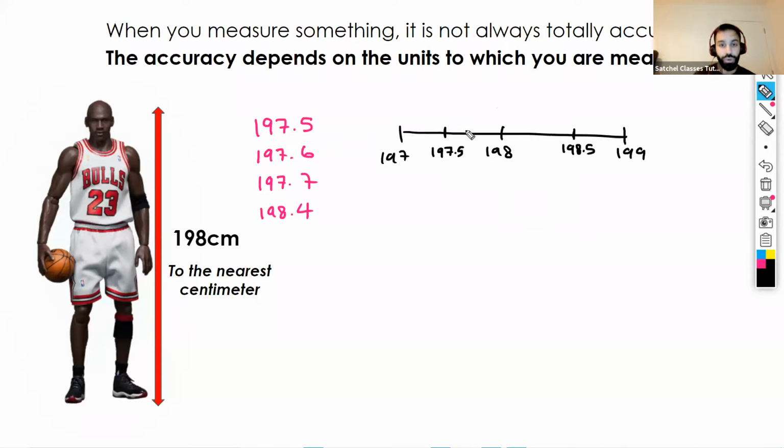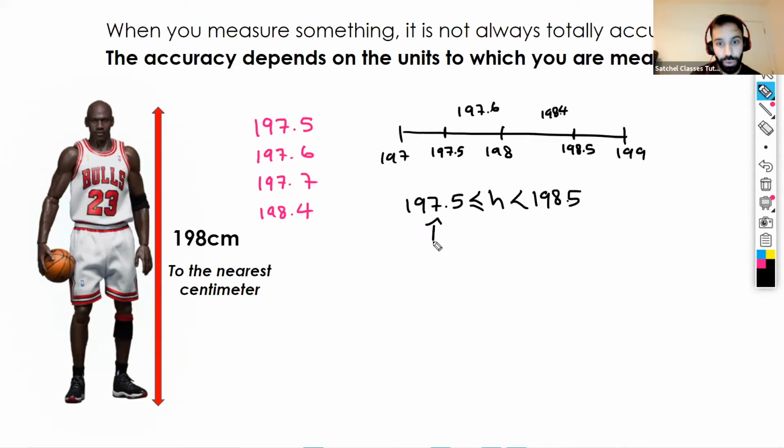So for instance, Michael Jordan could be 197.6, could also be 198.4 centimeters. So any value within this range could be Michael Jordan's height. So we would write the lower bound, which is 197.5, is less than or equal to, let's say, h for Michael Jordan's height. And then h is less than 198.5. So in essence, what this means is that Michael Jordan's height is 197.5 all the way up to, but not including,